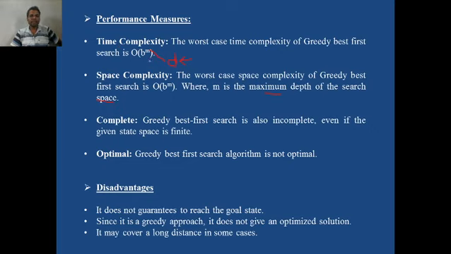Okay, the same complexity is also there in the case of space. So what exactly is this b? b is the branching factor and d is the depth, so you can write here b^d. We have already covered these two concepts in the previous videos. So if you don't understand this b and d, refer to the previous videos.